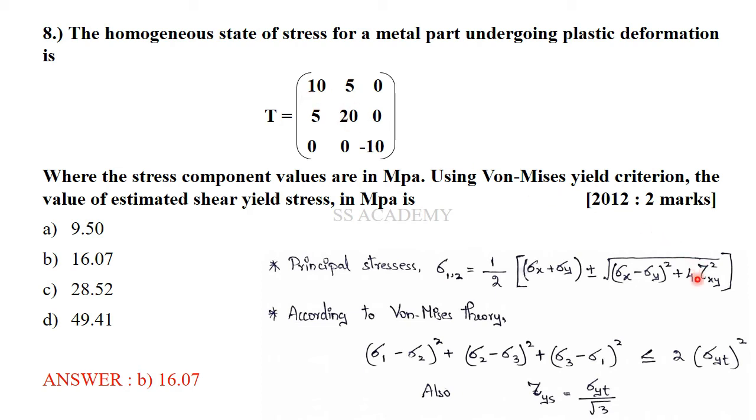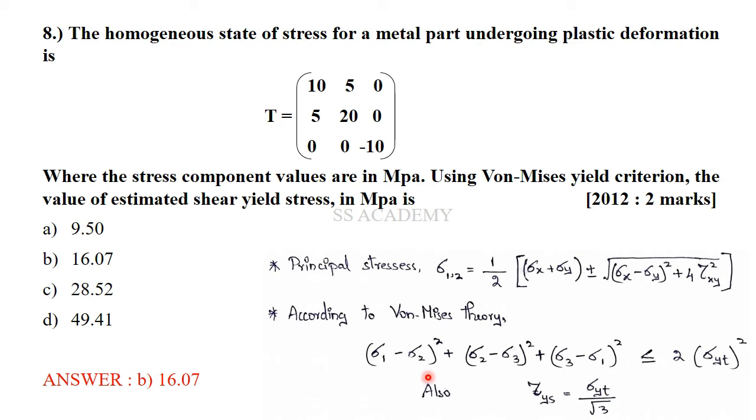5 is being substituted for tau xy, 20 is being substituted for sigma y, and 10 is being substituted for sigma x. From the already known formula, we will be calculating sigma 1 and sigma 2, both principal stresses, one by adding and another by subtracting. After getting sigma 1, sigma 2 and sigma 3, which is minus 10, this is the Von Mises theory